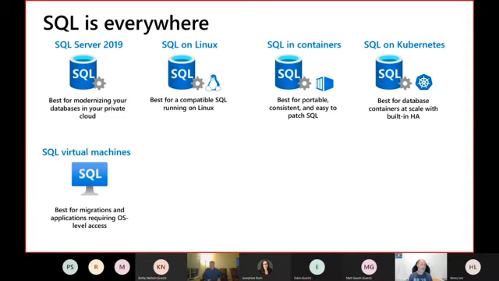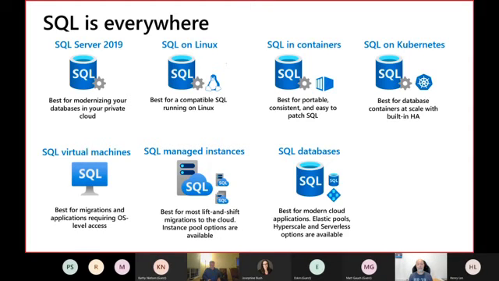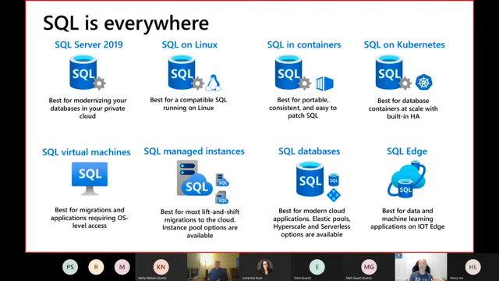And as we said before, SQL Server, virtual machines, managed instance, Azure SQL Database, and recently Microsoft added into the Azure SQL family the SQL Edge, which gives us the possibility of running a SQL Server engine on an ARM device, like, for example, Raspberry Pi, right?